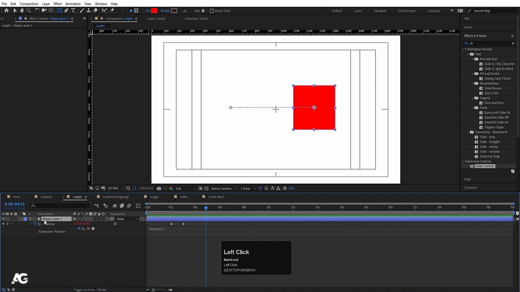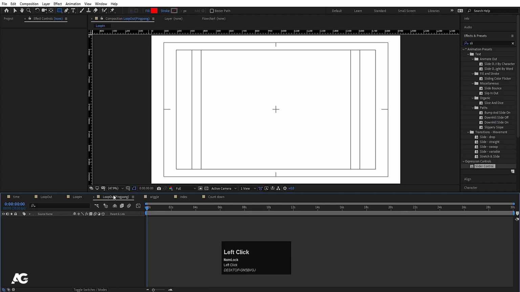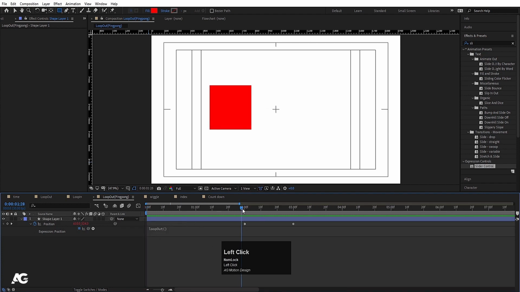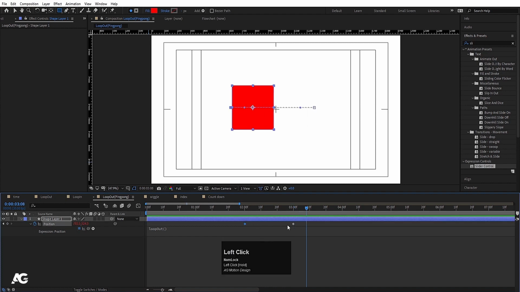Now if I select this, I'll hit Ctrl C and I'll go over here and I'll hit Ctrl V, hit U for position, and let's open the expression panel, and instead of loop in, I'll type loop out, like that. Now as you can see, loop out means after the last keyframe, from the next keyframe they will again take this first keyframe over here and then they will run up to this one and again they will follow the same thing. Now but over here in this open and close bracket,